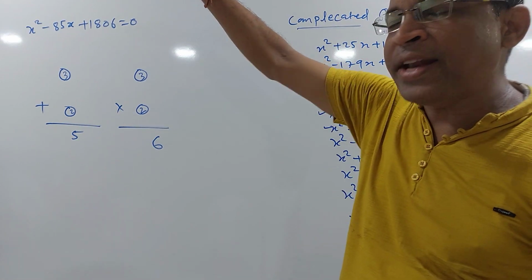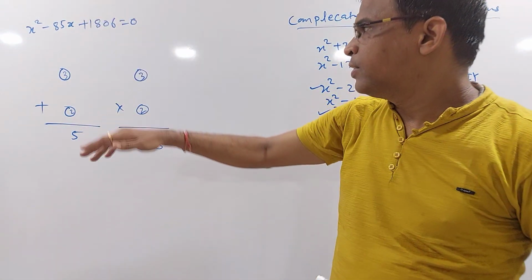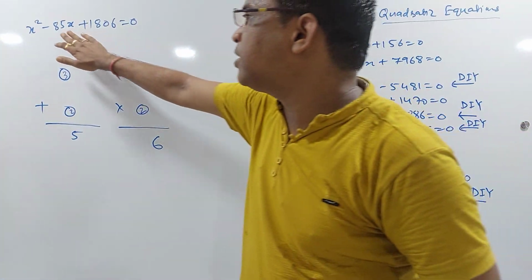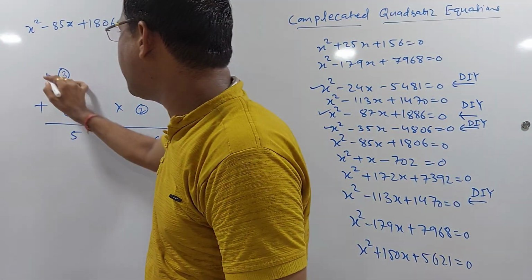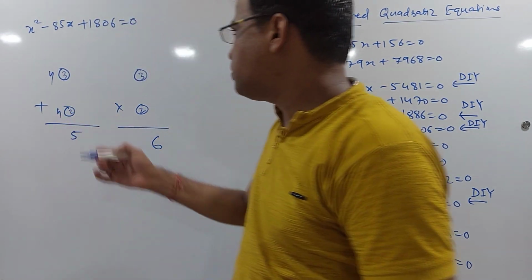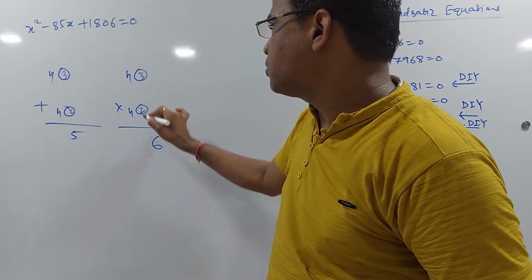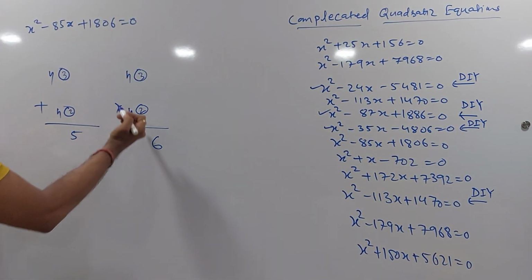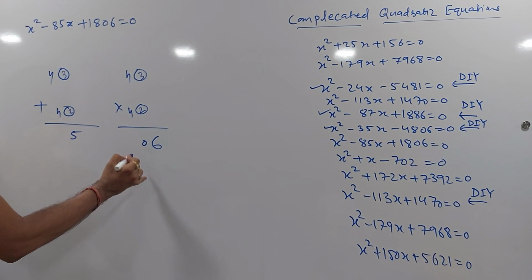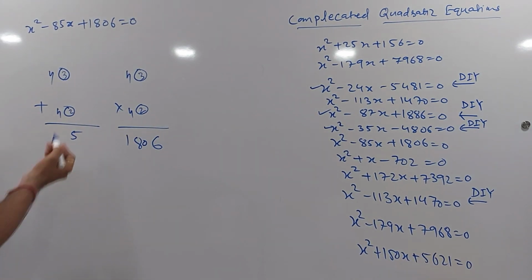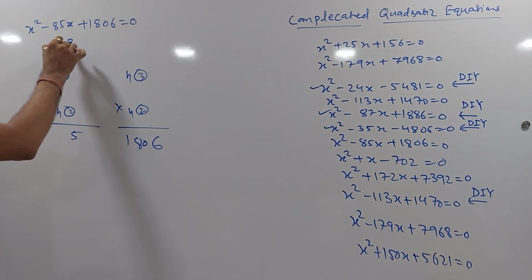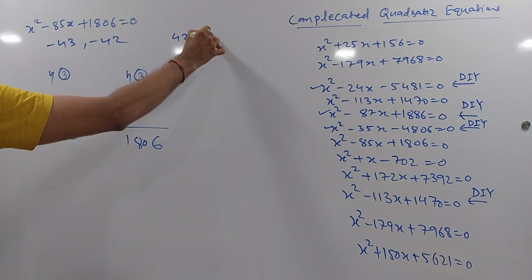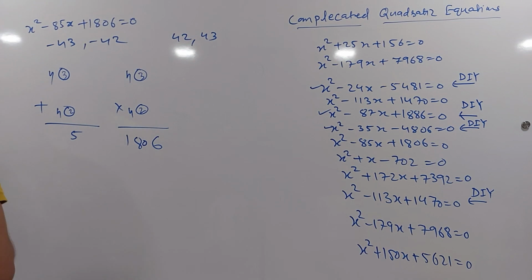The perfect square closer to that is 40 square, 1600. So I think if both the numbers are in the 40s, their addition of 85 is possible. So let me try it for 43 and 42. 43 times 42, again I can use the Vedic matrix, their product is 1806. Yeah, that's it. So I got the two entries to be minus 43 and minus 42. So my answer will be plus 42 and plus 43. It is that easy. It's a cakewalk.